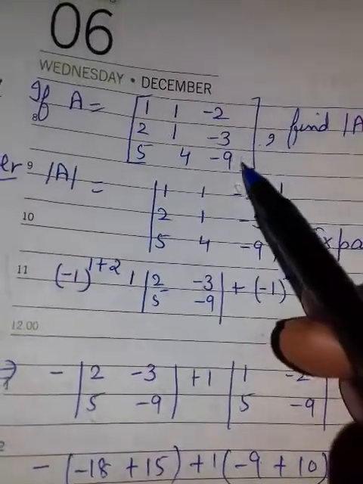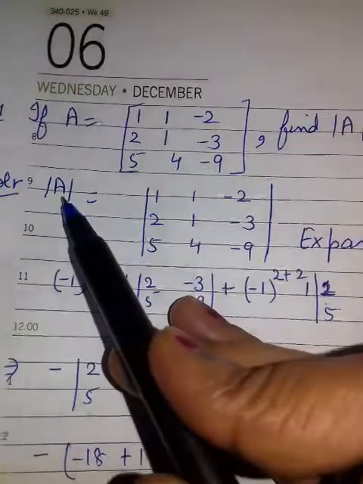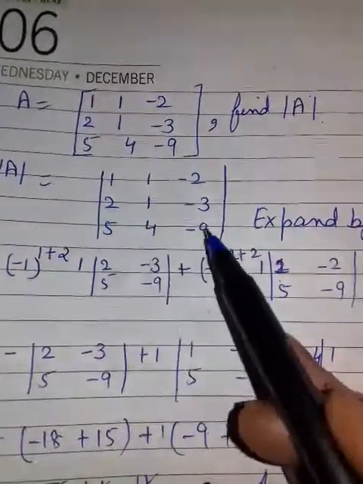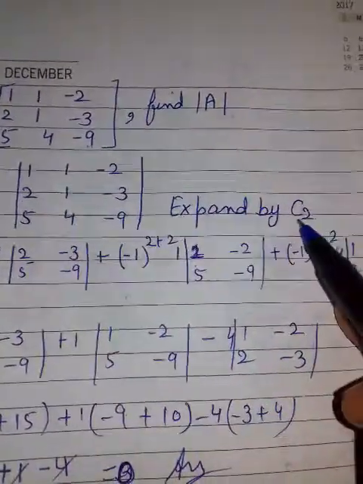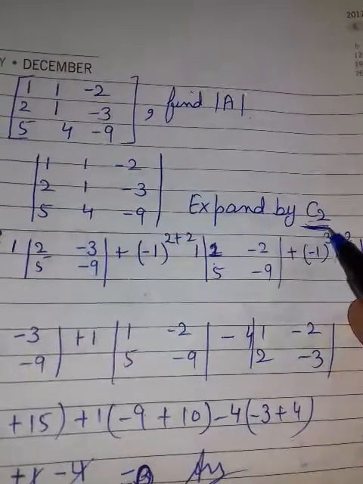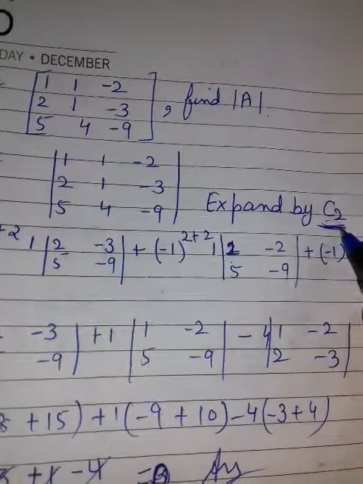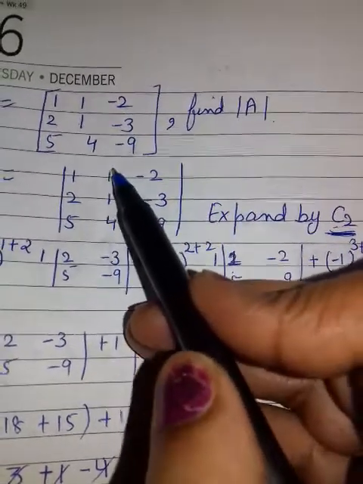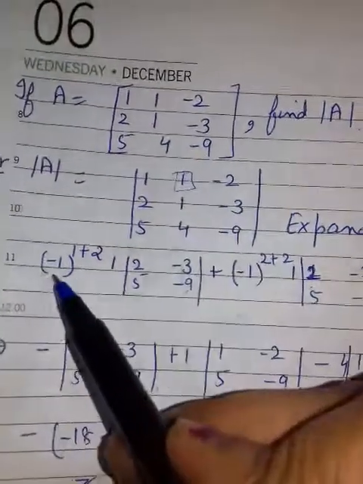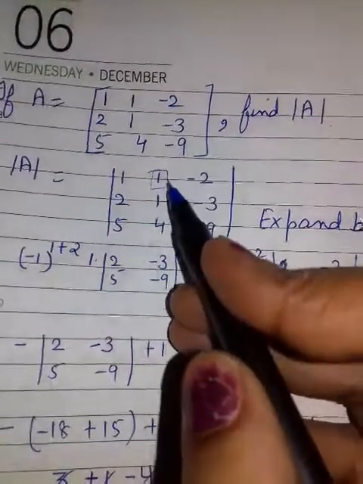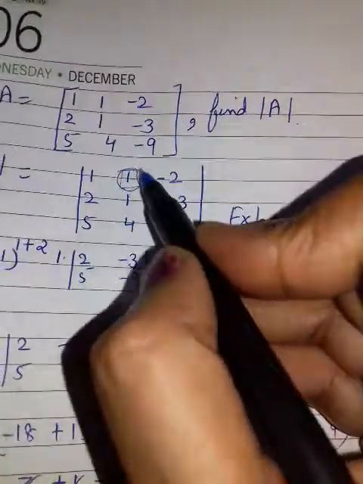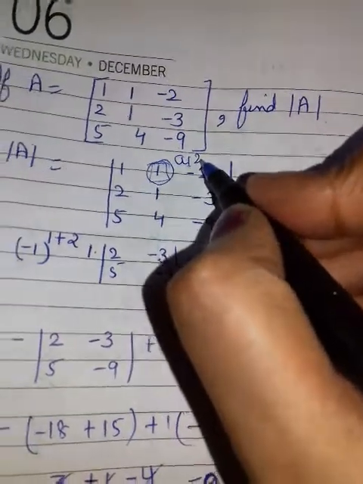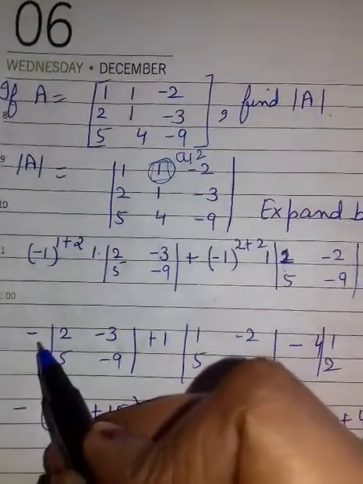This is of 3 by 3 order. Now we are able to find. Firstly you will write in this bracket. Yes, now we are expanding by C2. You can expand by any one, but the answer will be unique here. Whenever you see in C2, the first element is your 1. 1 I kept outside. You can write what is the element of this place. A12. 1, 2 are making a negative sign. So I kept it with a negative.